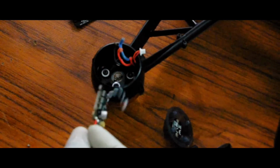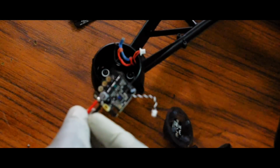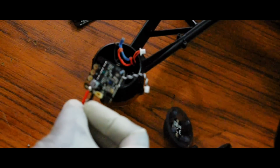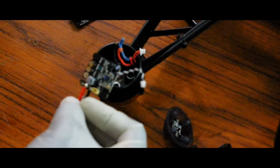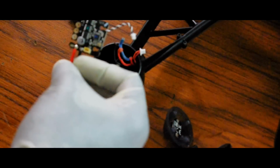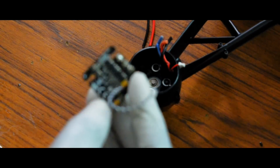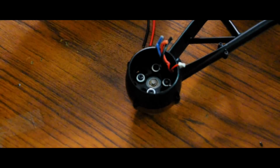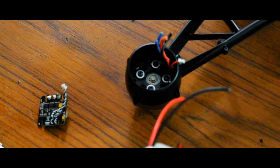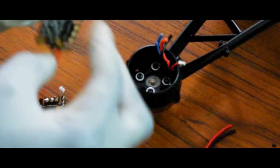Alright, so after I change this back, I'm going to show you guys how it looks replaced, and then I'm going to try and go through the GUI software again and see if it works. Alright, see you guys in a bit. Alright, so now the ESC is removed, as you could see, and we have the replacement. I already shortened the wires to attach to the internal wiring, and this connection,